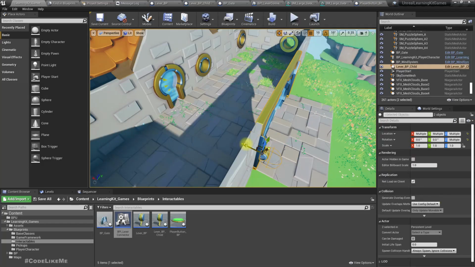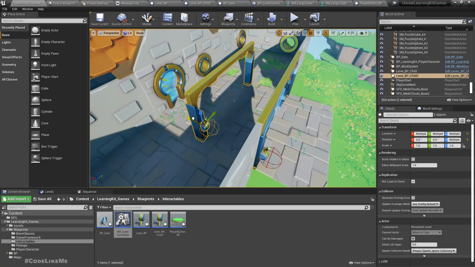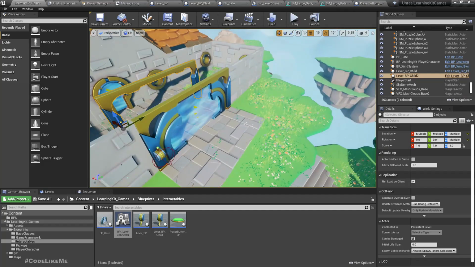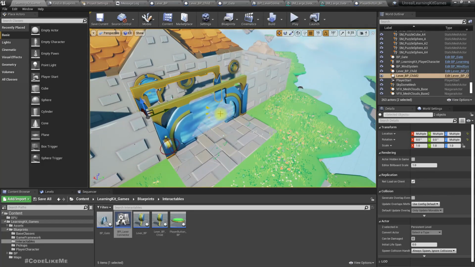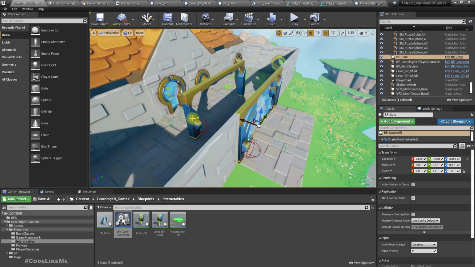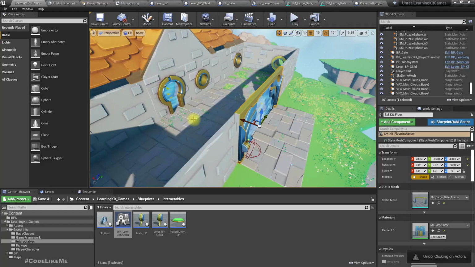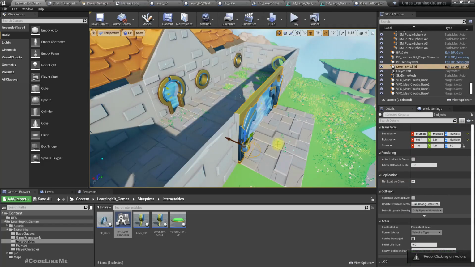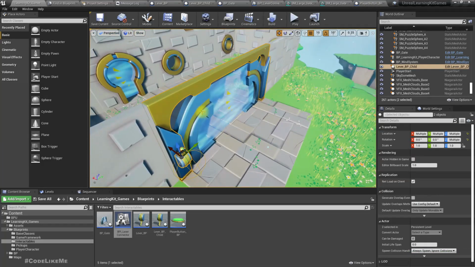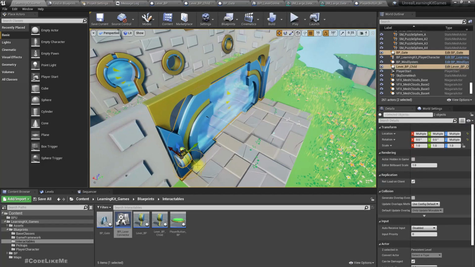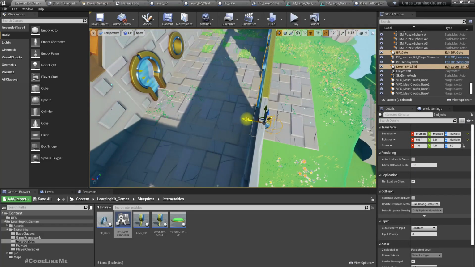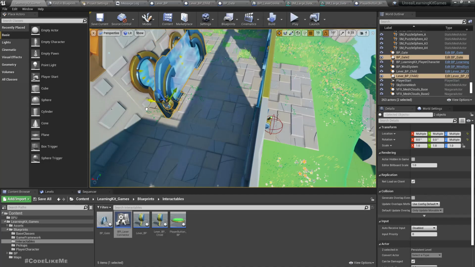Press the Alt button on your keyboard and drag, so it will duplicate. Sorry, select the door and this lever, move it like this,